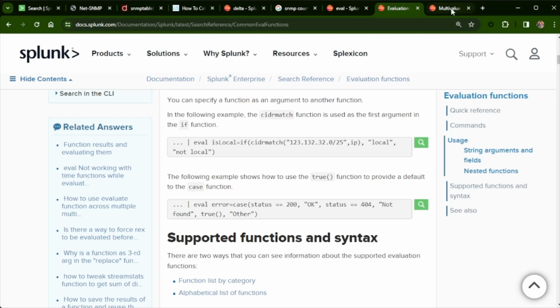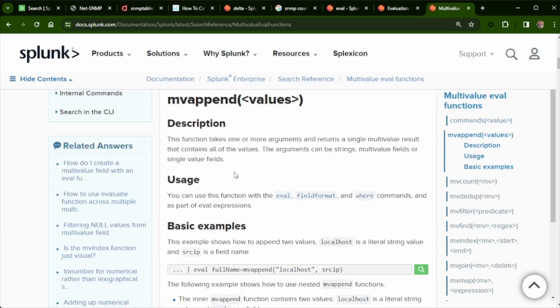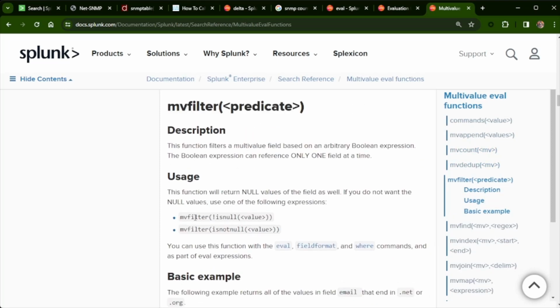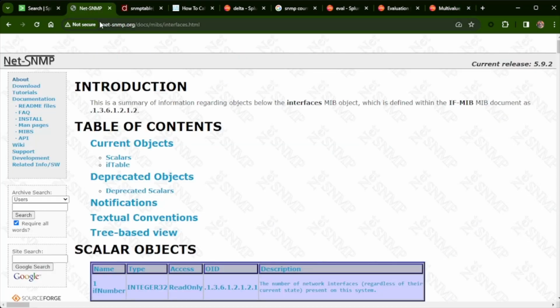And then, like I said, that multi MV, I think it's MV filter down here. There it is. This is the eval function that I use to help with my wrapping effect. So now jump back over to the search and start playing with the search here. Actually, you know what? Let's not go to the search. Let me show you, because the first link I showed off was the SNMP stuff. So let me show you how I got the data in, how I created my request before I get into